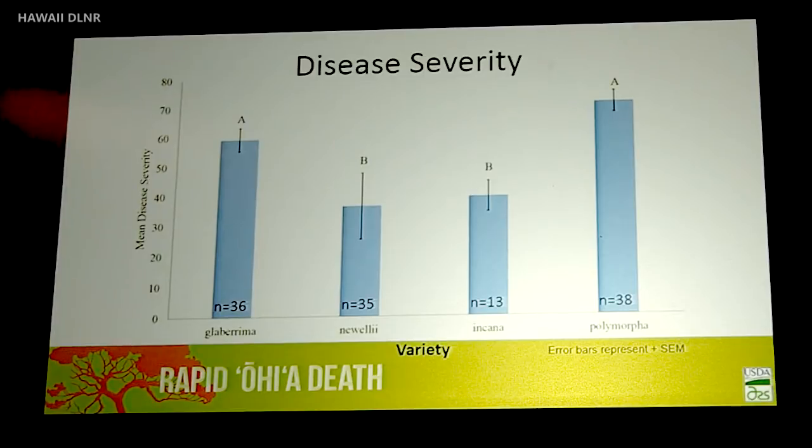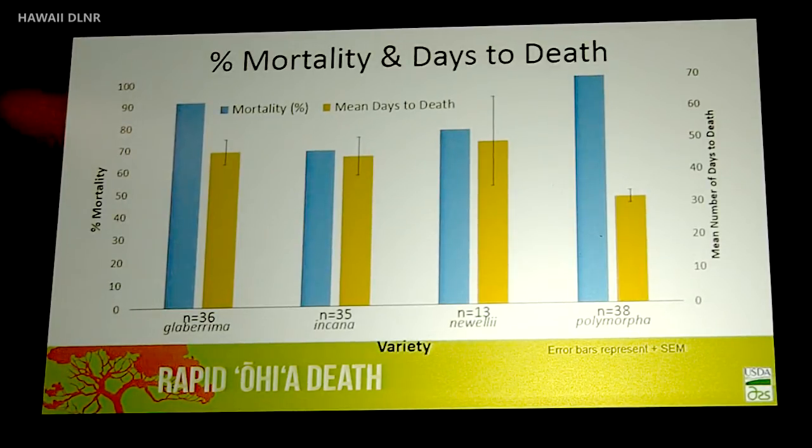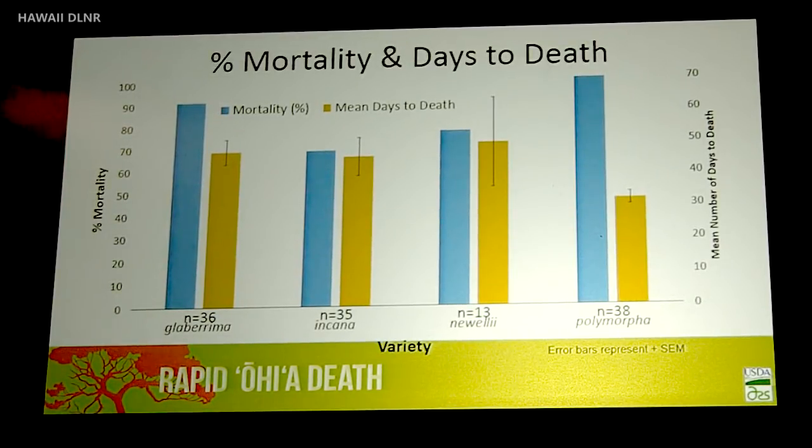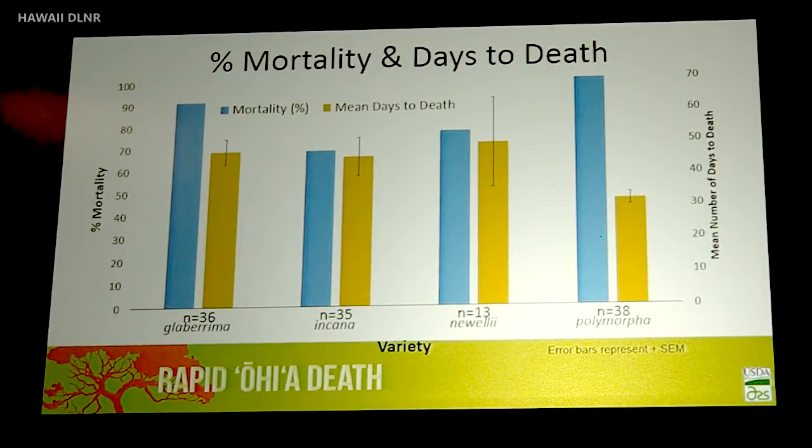So both were important. And just to show you, yes, scientists got to give you graphs, but I'm going to summarize it really quickly. When you look inside, trying to figure out this disease severity, those 4 columns are actually the 4 varieties, okay? Glabrata, Newellii, Incana, and Polymorpha. And what we're trying to measure is, compared to the height, how much discoloration did we find? Now, right away, you can see there are differences, okay? Now, we can also look at how many of them died out of the total, okay? That's the blue columns. And if they died, how long did they take? Okay, and that's the yellow on the right column. So just to summarize,